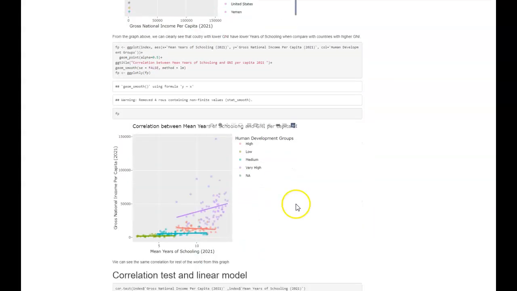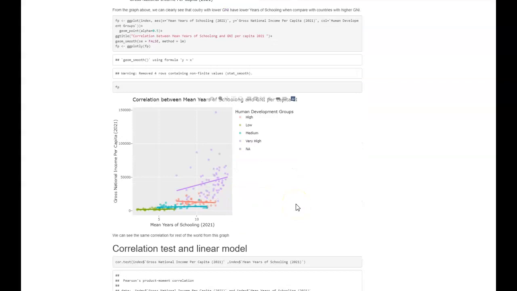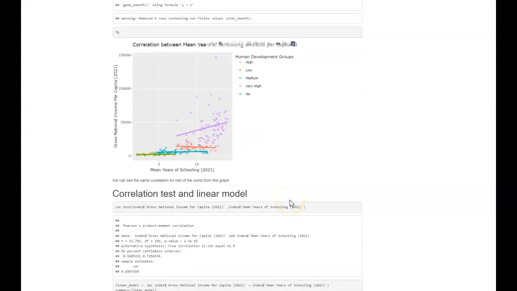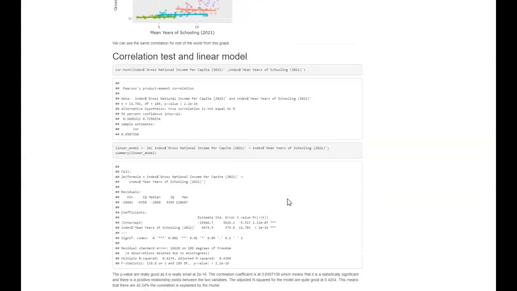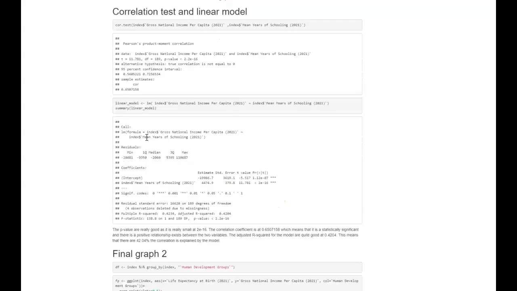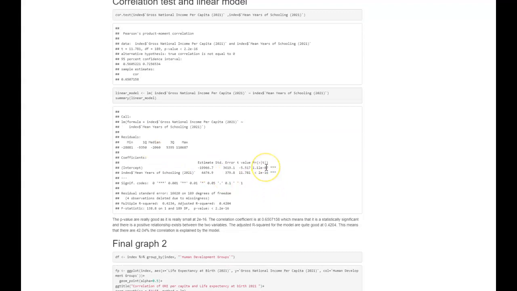To actually see the correlations, I made another graph with data from all the countries around the world. You can see the same thing from this graph, and to make sure that they are correlated to each other, I do a correlation test in a linear model, which gives me really good correlation coefficients, p-value, and adjusted